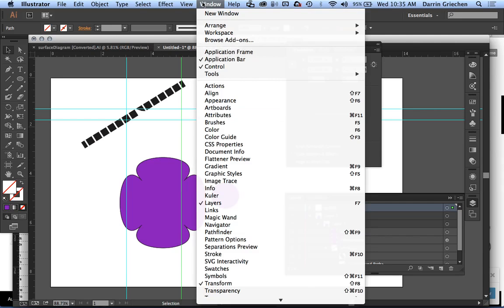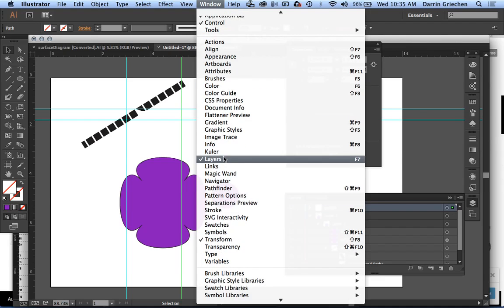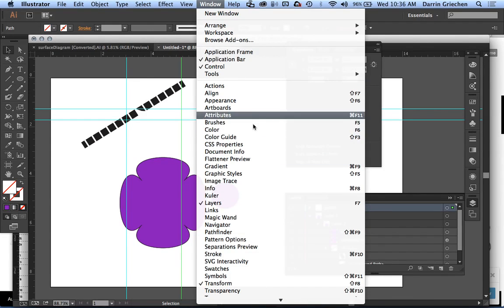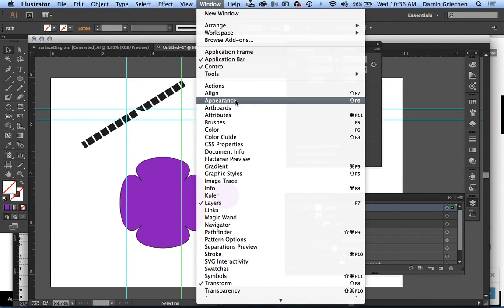If we go over to Window, now Window is going to be important, and you'll use this quite a bit. So Window basically is whatever tasks are going to be on the right side over here. These are all the major tools. Right now we can see that Layers is turned on, so we can look at layers, we can look at transform, libraries. But there's other things that we can do, like Appearance has shown up, and we can bring those up as a separate